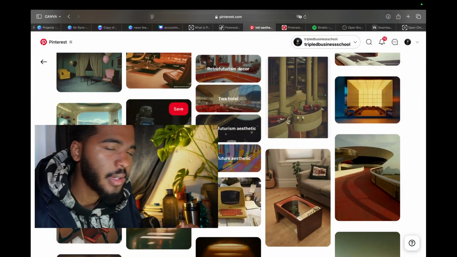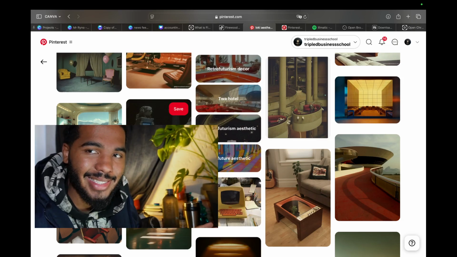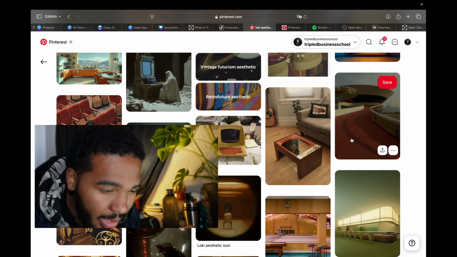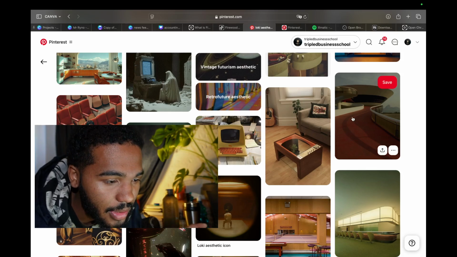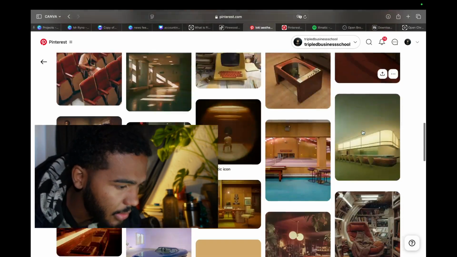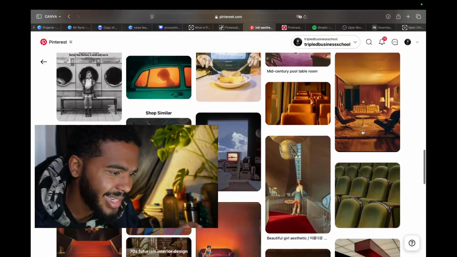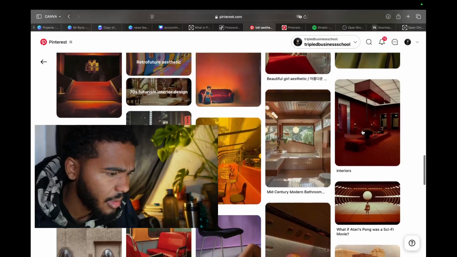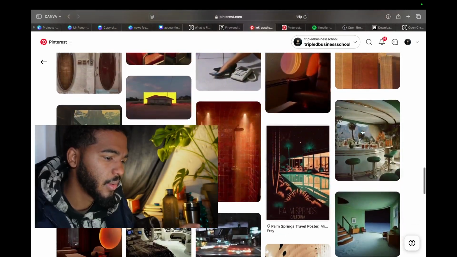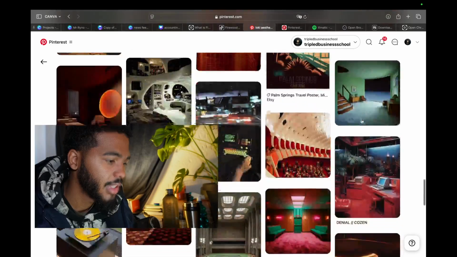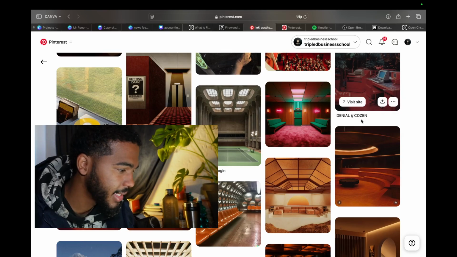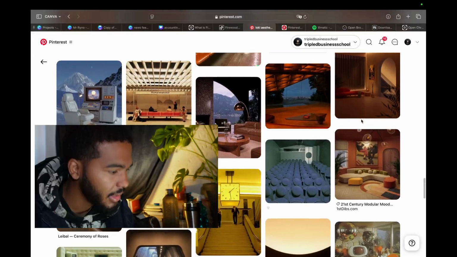The main thing when you're looking for an image, you need to remember where your wording is going. You don't want to put your wording where there's clutter. You see this blank space, this clean space, that's where you put the wording. You're not going to put the wording here because then you're not going to see it. I hope you can see what I'm saying to you. If you can't, you should pay attention. You need to find an image with a lot of blank space, so that when you add words to it, the words stand out and complement the image. They're not fighting each other. They're in harmony.